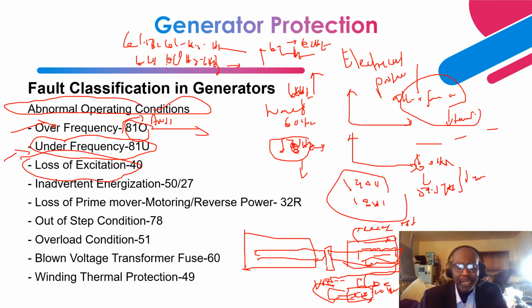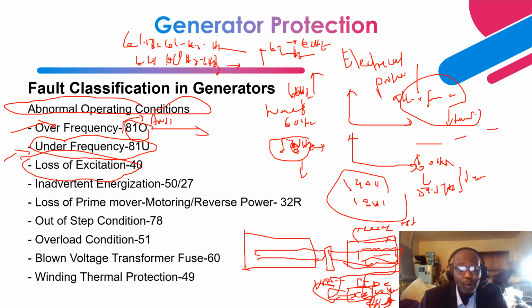If for whatever reason, let's say this excitation system, like I indicated, for a static excitation system, you have a dedicated transformer that has an AC voltage that steps the voltage down to a lower DC voltage that is fed to this exciter that converts the AC voltage to a DC voltage equivalent. For whatever reason, if you should lose this transformer, that means that your excitation system is going to be out.